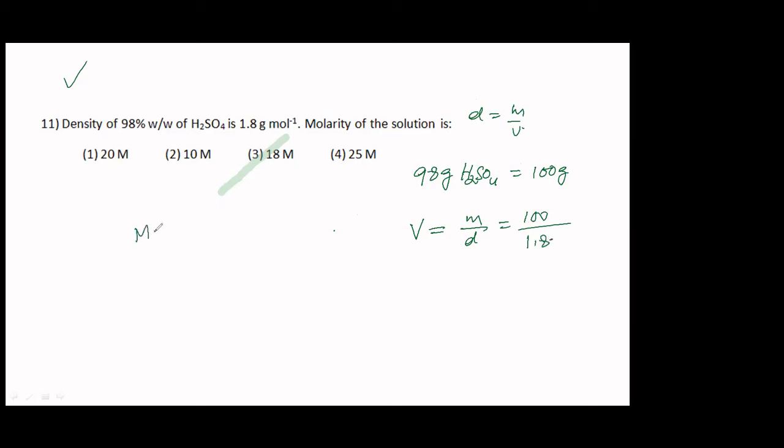So therefore molarity should be equal to, 98 is the molar mass of H2SO4, so 98 divided by 98, you will get 1 mole. So let's substitute it as 1 mole itself. So 1 mole divided by the volume of solution, which is 100 divided by 1.8, into 1000. When you do this, you will get 1.8 into 10, which will be 18. Okay, so in the next session also we will be